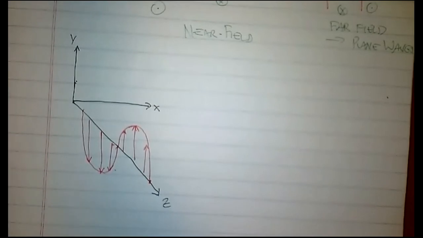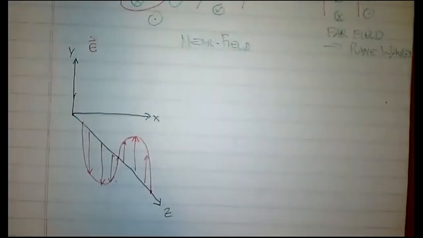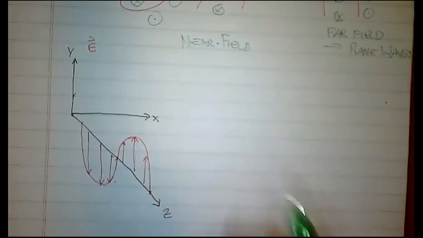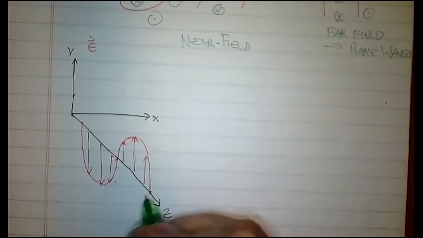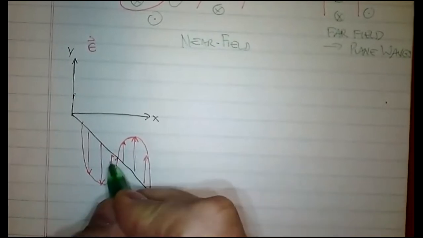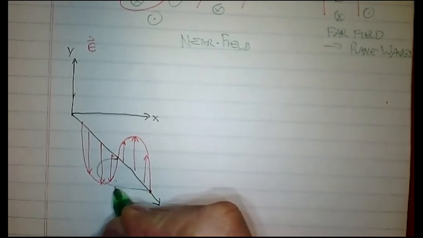So I chose that red specifically because I was using red for the electric field above. So E is the electric field. Now I'm going to use green. Again, I know the unfortunateness of this, but if I go and choose the real directions, how this has to be, it turns out that the magnetic field will be exactly in phase with the electric field, but it'll be at a 90-degree angle